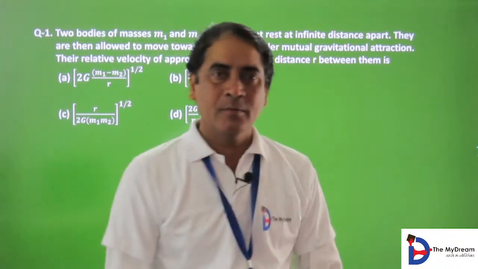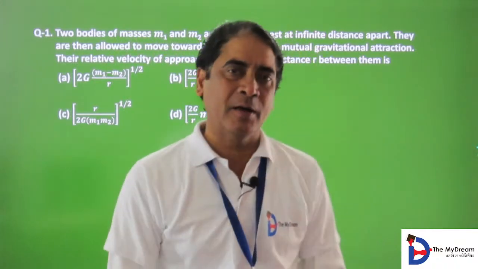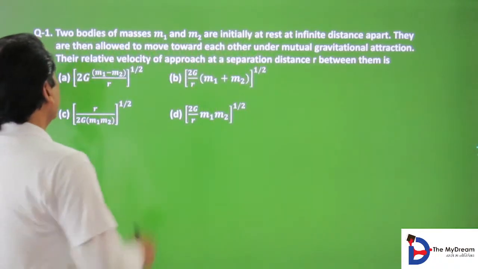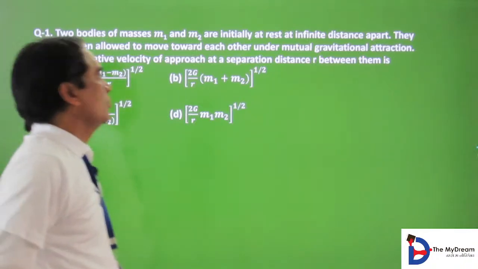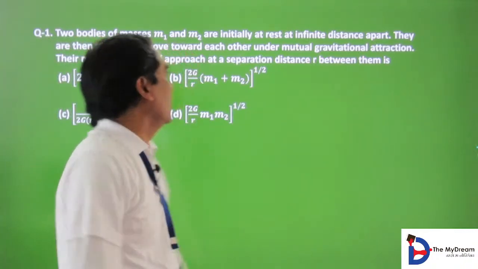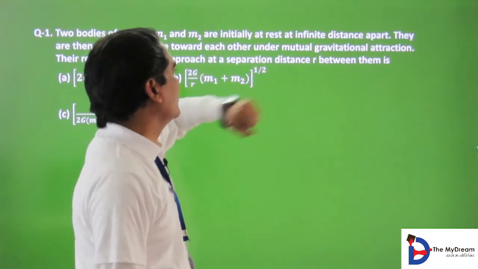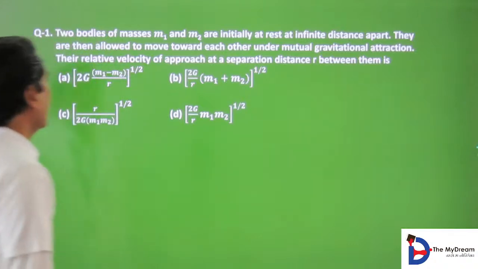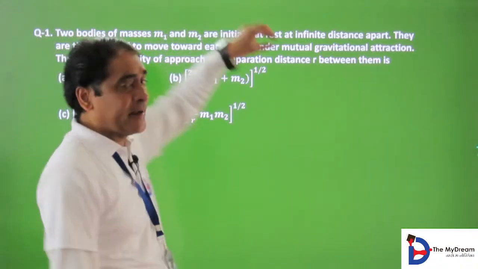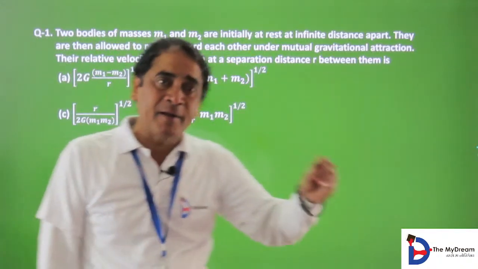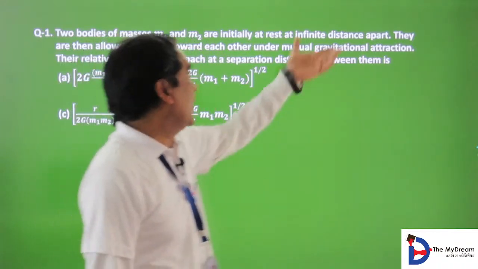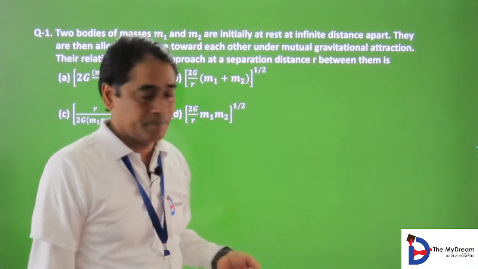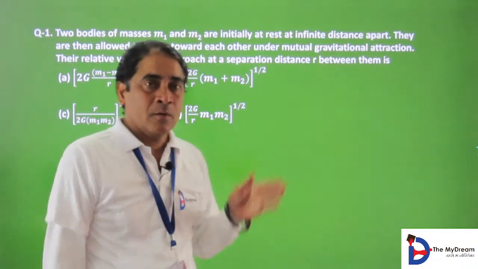Today we are discussing the problem based on gravitation. The two bodies of masses m1 and m2 are identical, initially at rest at infinite distance apart. Initially at rest means initial kinetic energy is zero. But at infinite distance, their potential energy will become zero, because